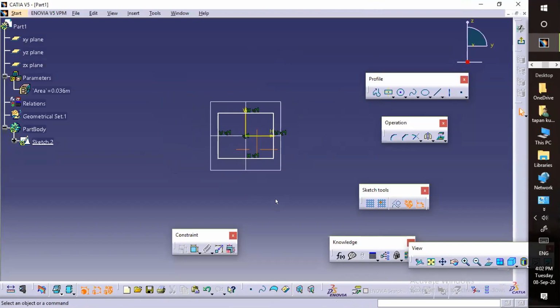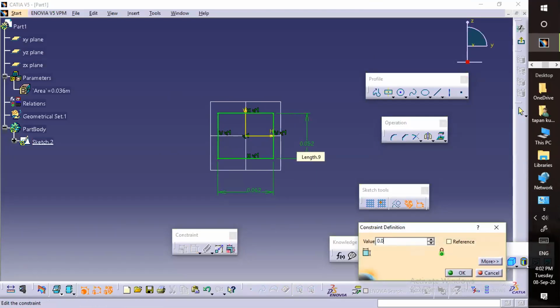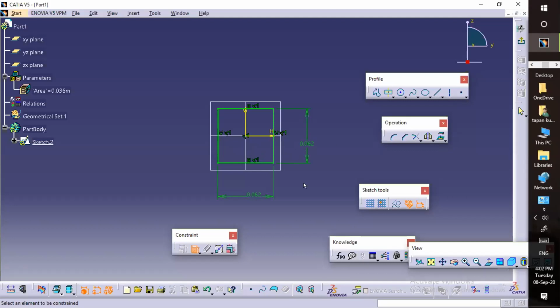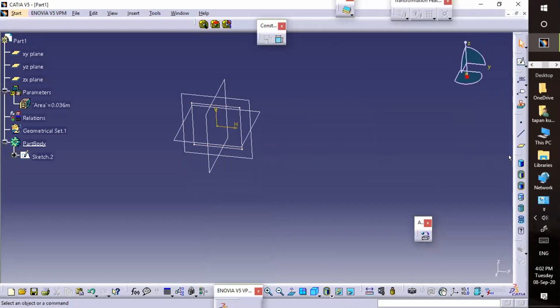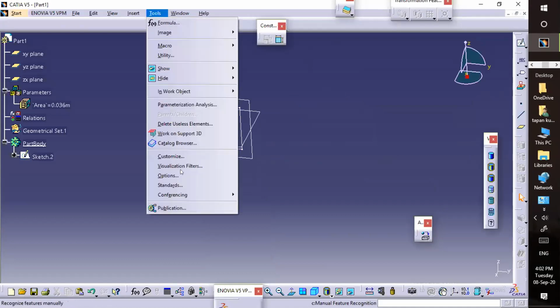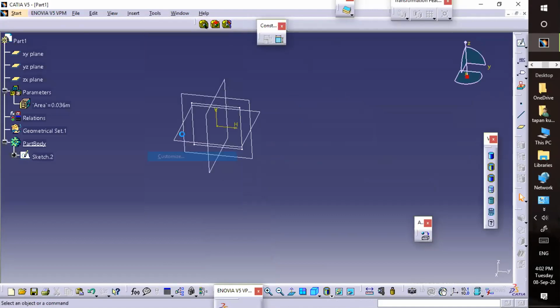I'm not giving any dimension, just creating a random sketch, or else I'm giving a dimension if any. Okay, so now what I will do is add some thickness. Just one minute, let me customize because it is missing over here.